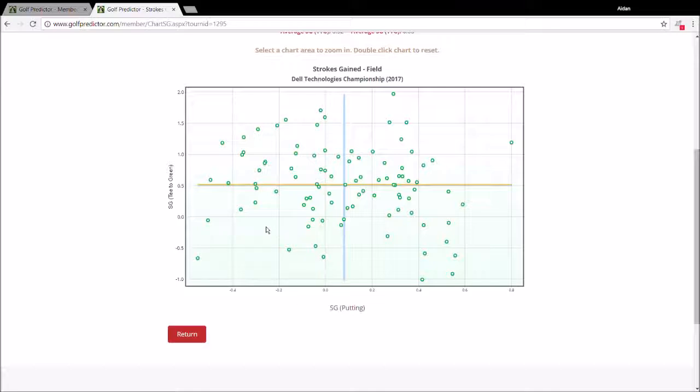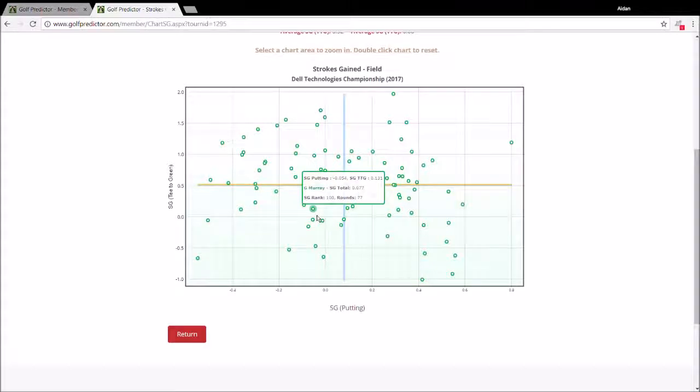So this new chart, which is similar to the DFS chart, but it's got an extra line in it, is very useful for seeing who in the field has got the best values for the strokes gained putting and tee to green at a glance. And these lines that are plotted in the middle to break the chart into quadrants are really helpful, so it shows you who's above and below average at a glance. I trust you'll agree this is a great new chart for analysing strokes gained for a tournament, so I hope